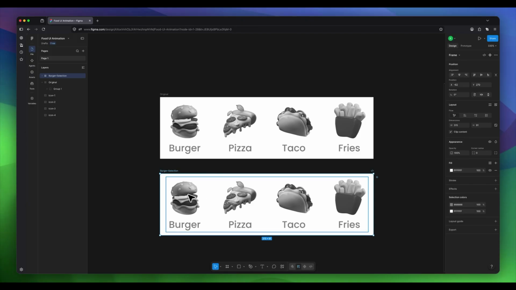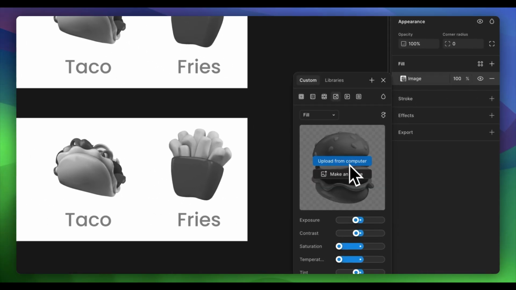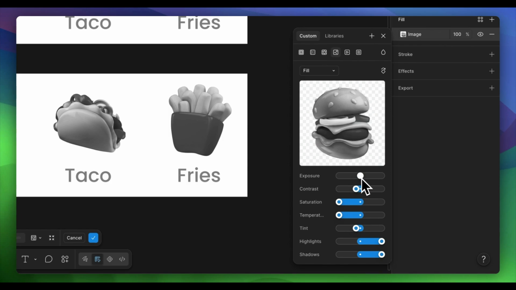Now click on the burger group, double click on it, and it will select the burger text and the burger icon. Now again, while holding down command on the keyboard, click and drag on the burger icon itself, so it selects only the burger icon and not the text. Now come to the fill menu on the right, click on it, and keep the settings all the way to the center, so your burger will get colorized again. So now you have the full color on the burger,